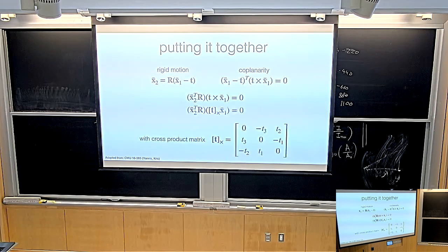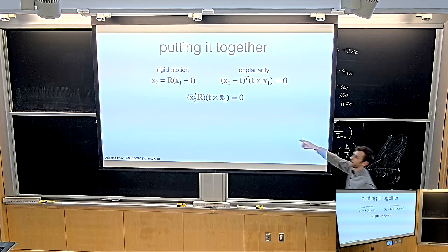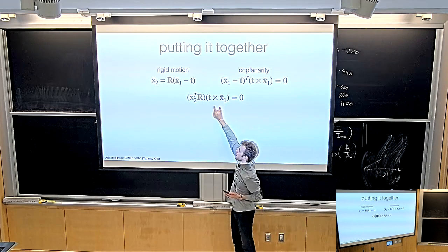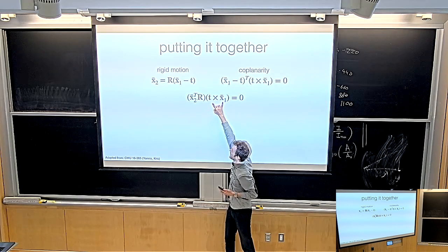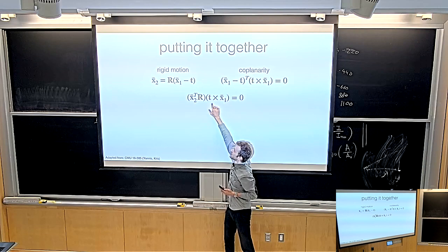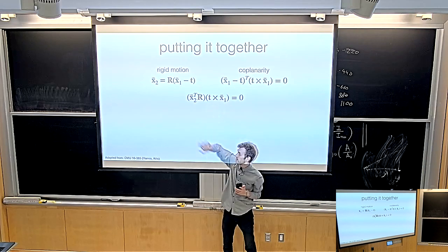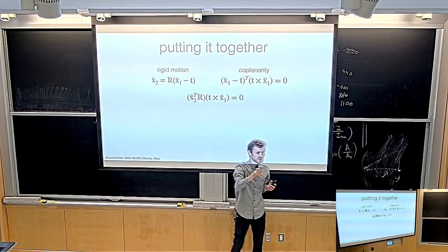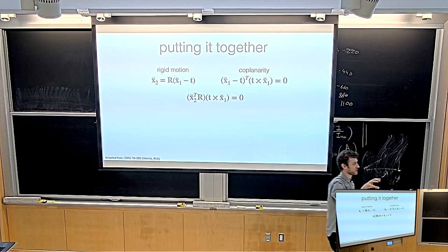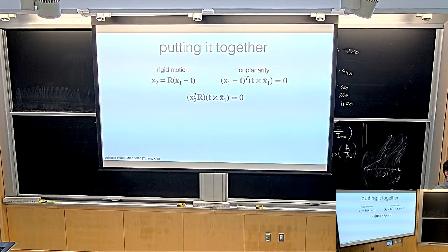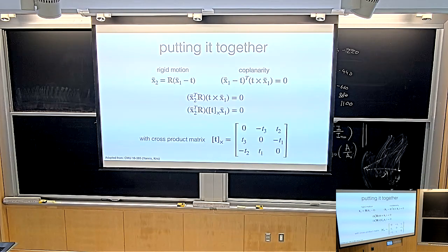So it turns out if you have a cross product like this one between t and some vector, you can be sneaky about it, and instead of computing this weird cross product, you can write t as a matrix, and then the dot product of that matrix with x computes the same thing as the cross product. This is called the cross product matrix, and it looks like this. You just take the elements of t and scatter them into this matrix in this way. It's this skew-symmetric matrix, which has good reasons behind it.